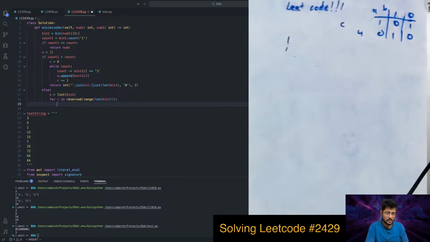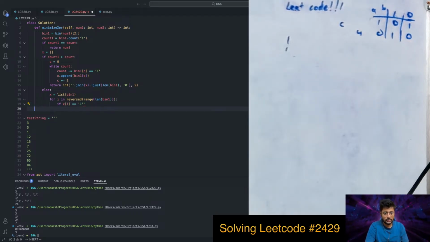In this particular case, we do, sorry, if xi is 1, then simply continue. Else if it is 0, then xi becomes 1, and we